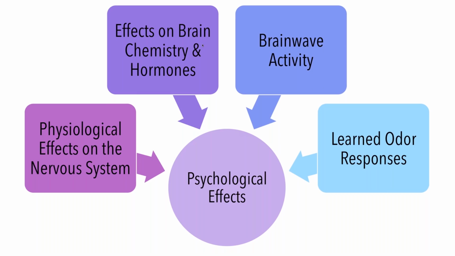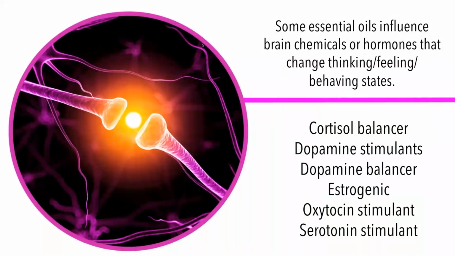A learned odor response is when you pair an aroma with a person, place, or thing, and this usually happens very quickly with as little as one pairing. So we can use learned odor responses to help us create natural resource states. Unfortunately, we don't have time to do a deep dive into this topic, so I'm going to provide you with one important example. Let's talk about the fact that some essential oils influence brain chemicals or hormones that influence thinking,